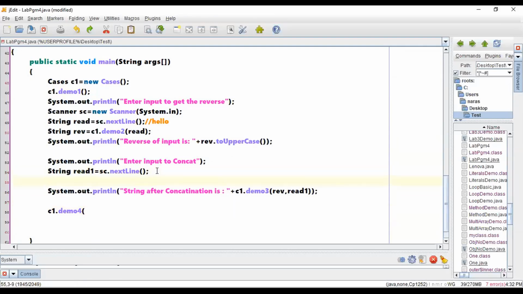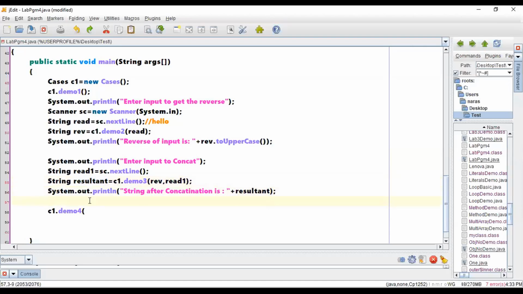I will take this complete part into one string, called resultant. Whatever the total output I got, I will keep it here. So this resultant will have the complete output.